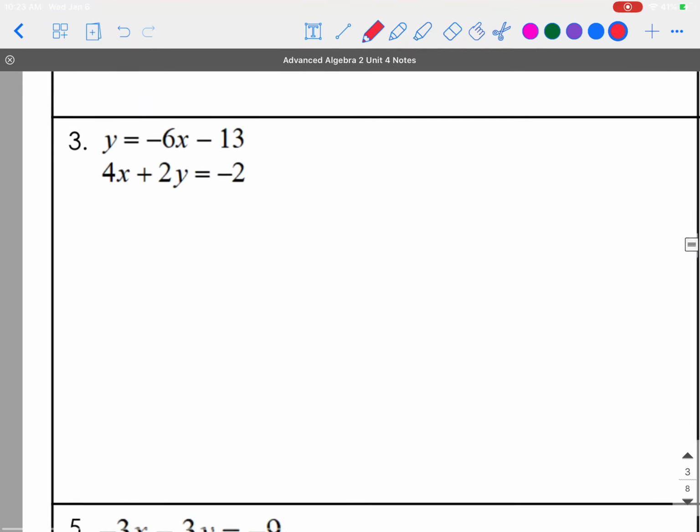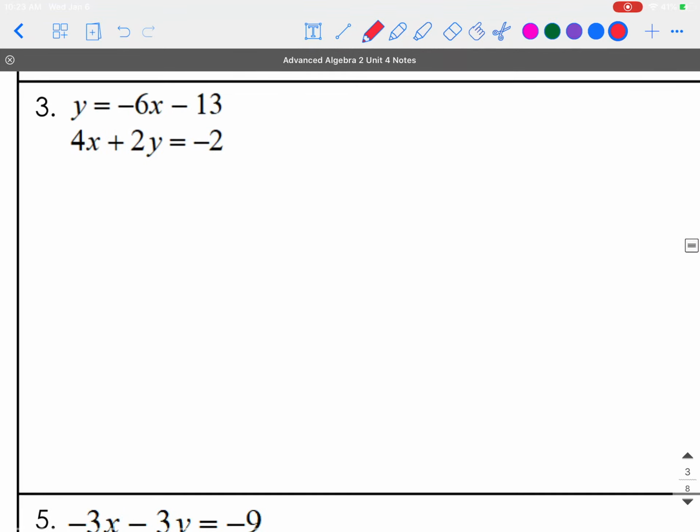Let's look at number 3. So if I look back at my steps, step 1 said, all right, get one of the variables by itself, and look, I already have that. So I'm going to highlight this one,